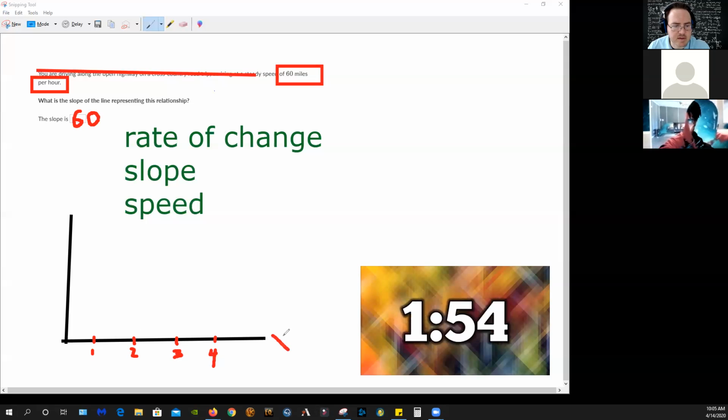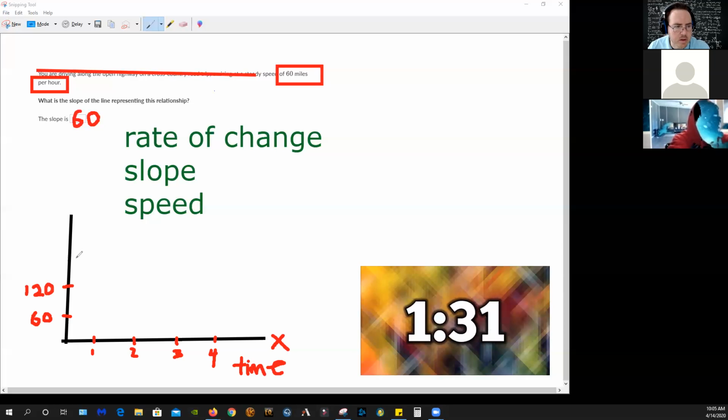So this would be the x-axis, but this would be time. The y-axis, how many miles? After 1 hour, he goes 60. After 2 hours, I say he or she, whatever, 120, then 180. So if we were graphing distance,